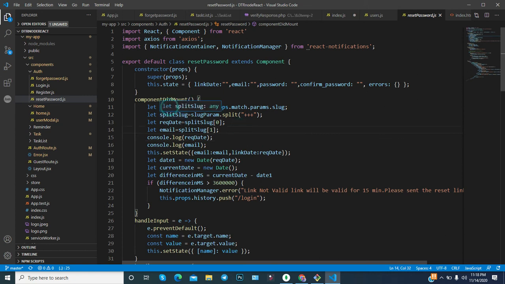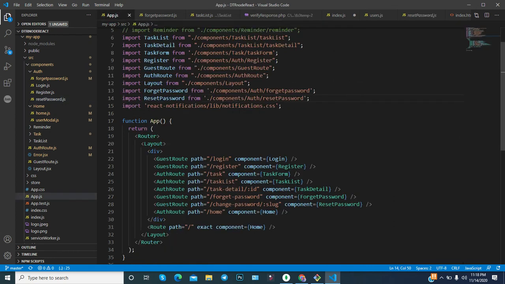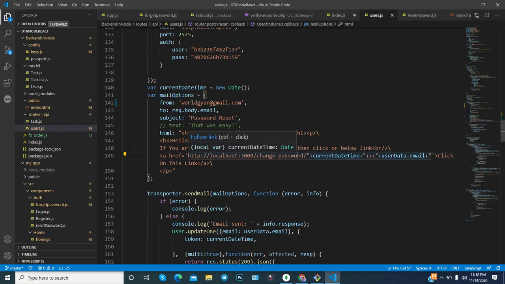Now you got a slug parameter, this.props.match.params.slug. Slug means whatever slug you have provided in the app.js, and it is this one. The slug has the information of the current date time and the email ID.